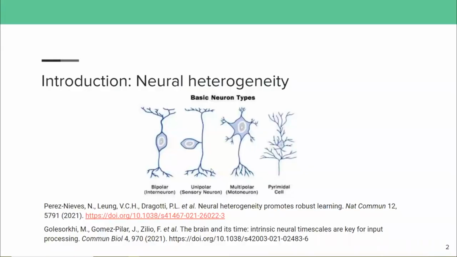Neural heterogeneity refers to the idea that the brain is composed of many different types of neurons, with different parameters that describe their behavior. Most neural network models currently do not account for this heterogeneity. This may be because artificial models do not need heterogeneity to perform the tasks that they are designed to do. Taking this idea to the extreme, one could posit that brain functions could be achieved without heterogeneity, which raises the question, why does it exist in the brain?